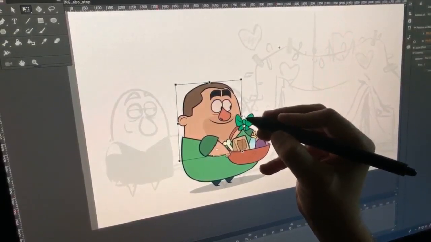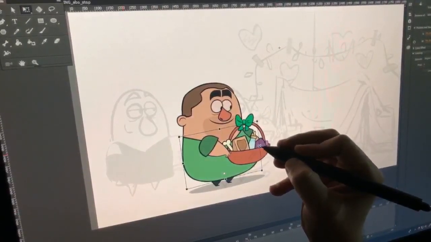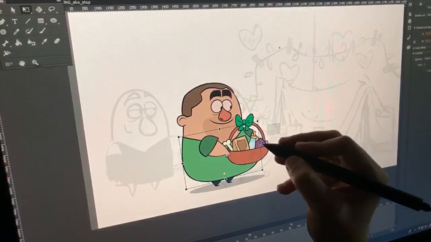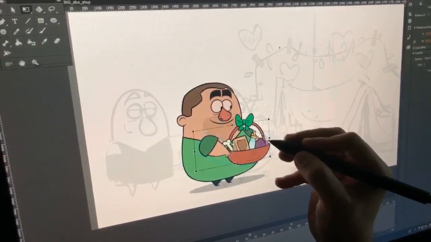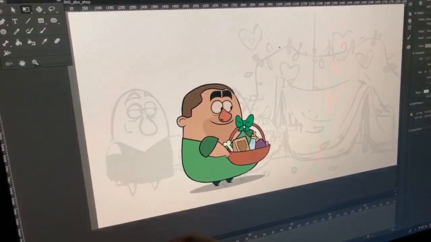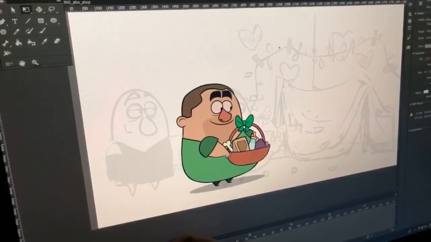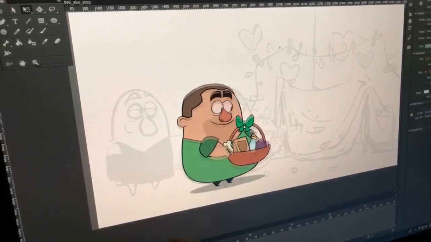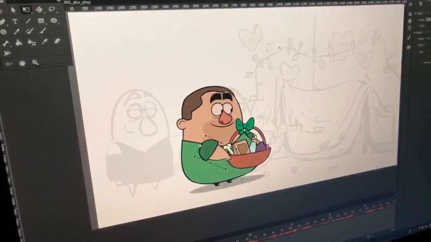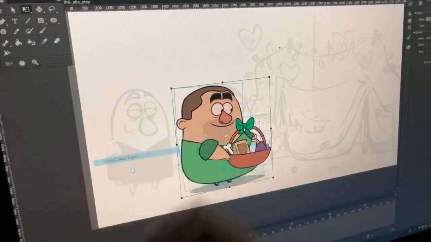And then this one is gonna be the opposite, kind of more of a stretch. Move his hands up. So he's gonna go step, step, step. And between these two drawings, I'm gonna create a classic tween.